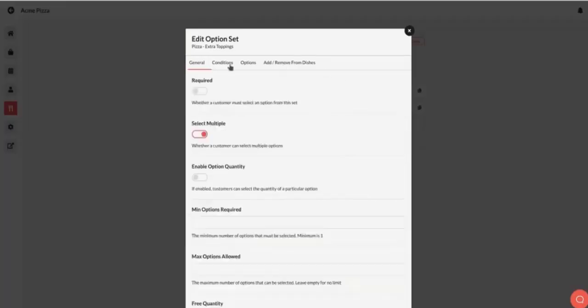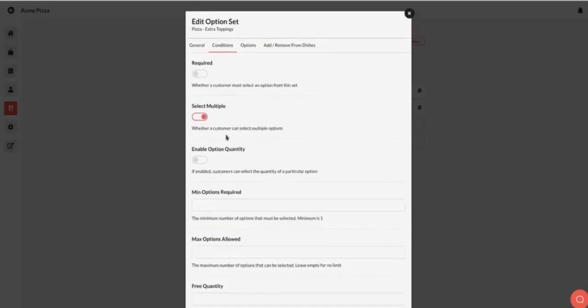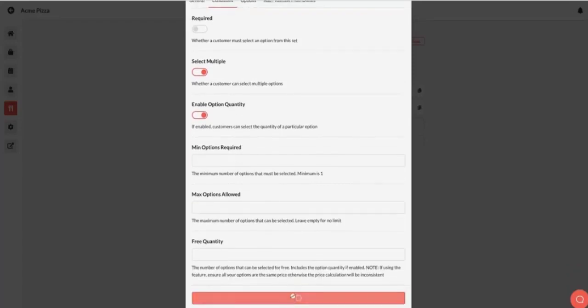And I go back to the conditions tab. And then here we have the enable option quantity. This makes it so a customer can pick multiple quantity of one particular option. I'll show you how that works. If I do enable option quantity and I press save,